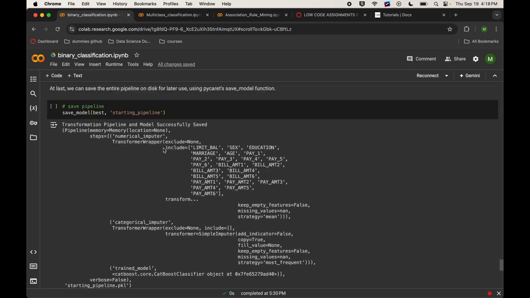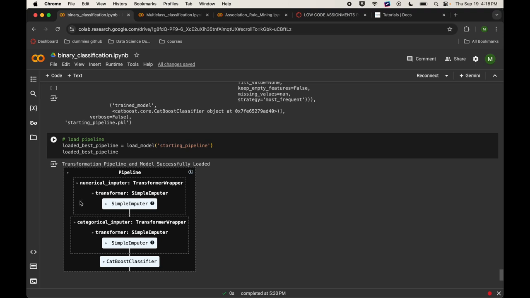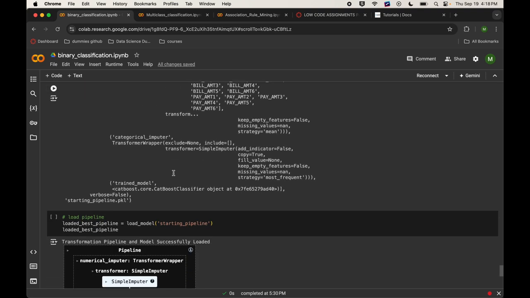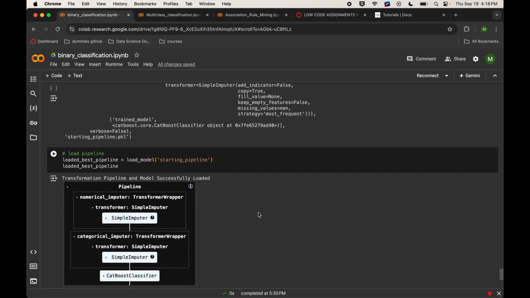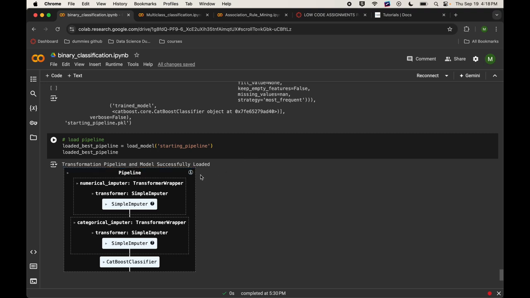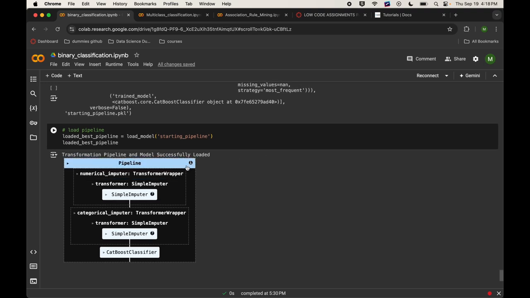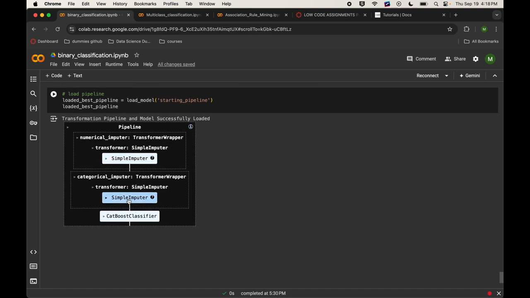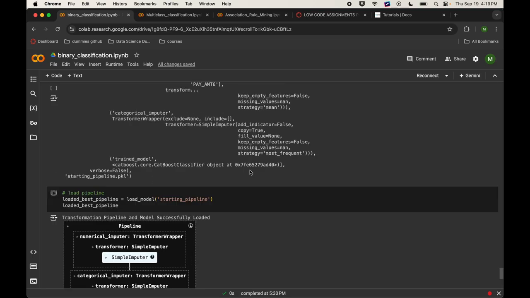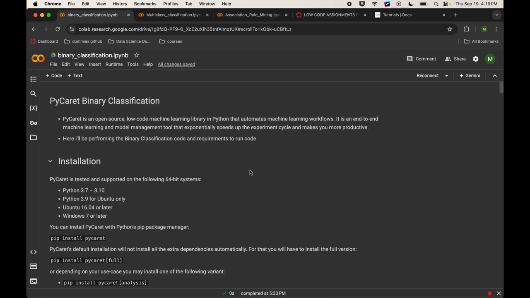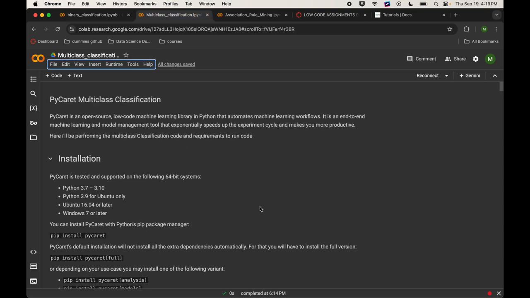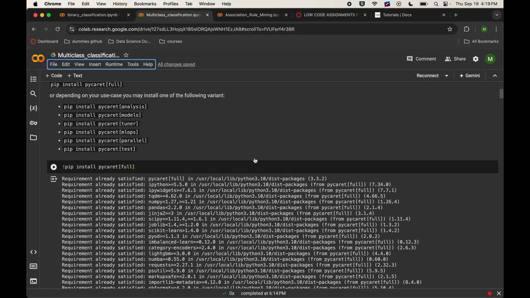And once the save model is done, then the load pipeline will be performed. In the load pipeline, the same starting pipeline use case has to be sent here, and once it's done, the transform pipelines and model are successfully loaded. Here the pipeline numeric inputs and transformers are the simple imputer, and the model is the CatBoost classifier, the model for binary classification. So this is about binary classification. Next we go to the multi-class classifier. It's also the same as the installation part, and everything works the same, but here